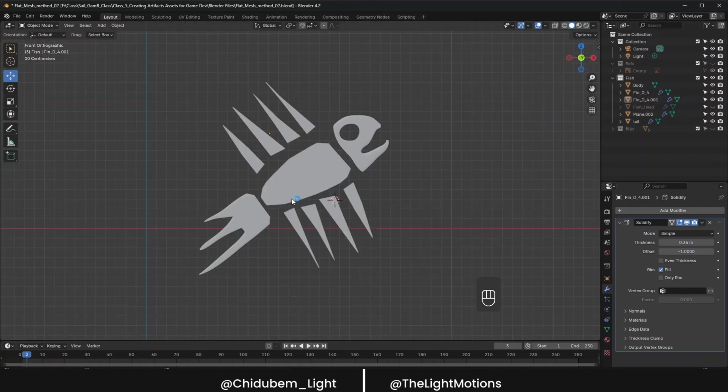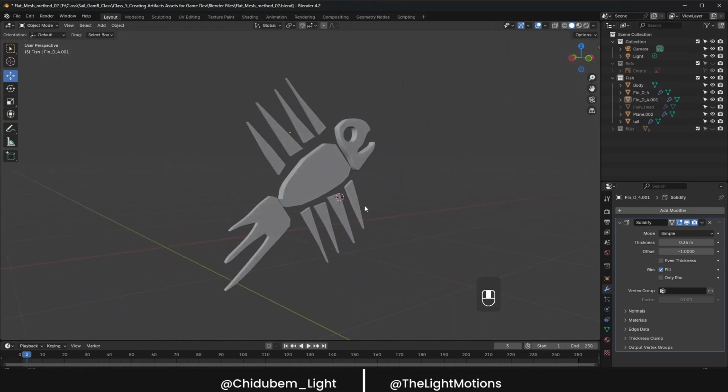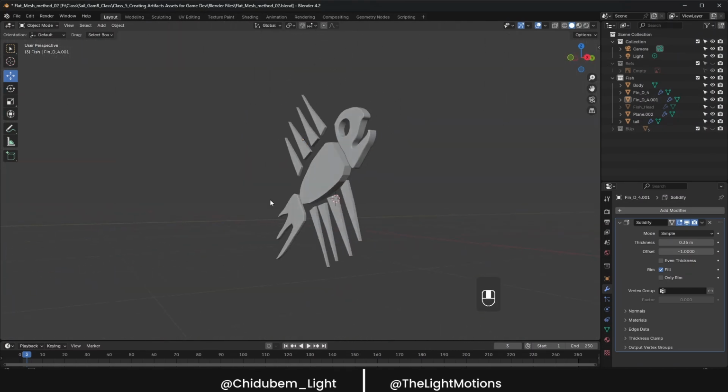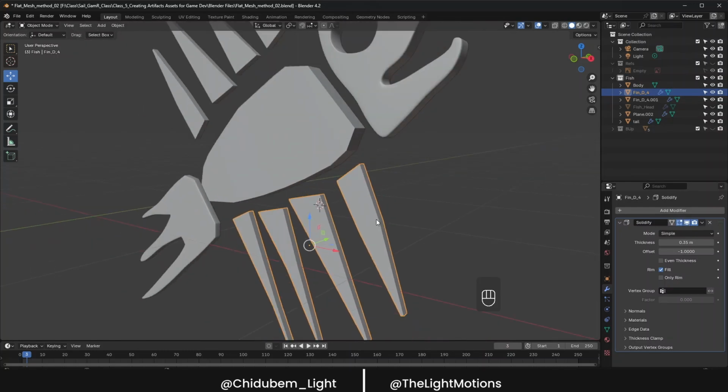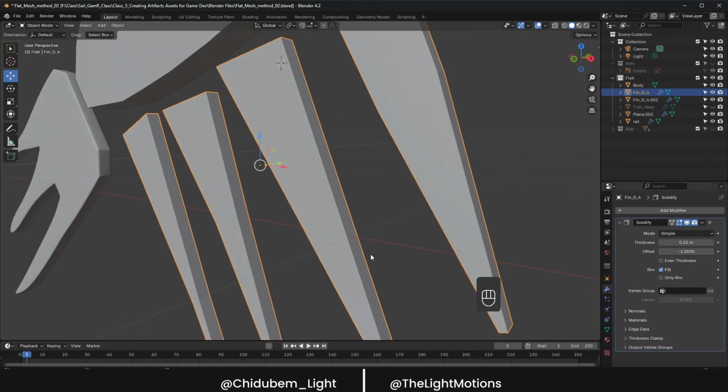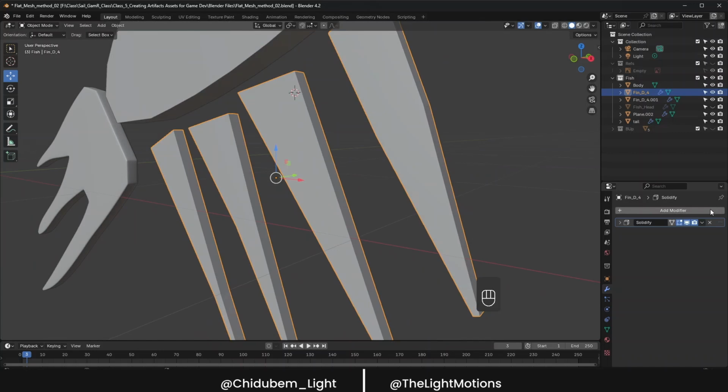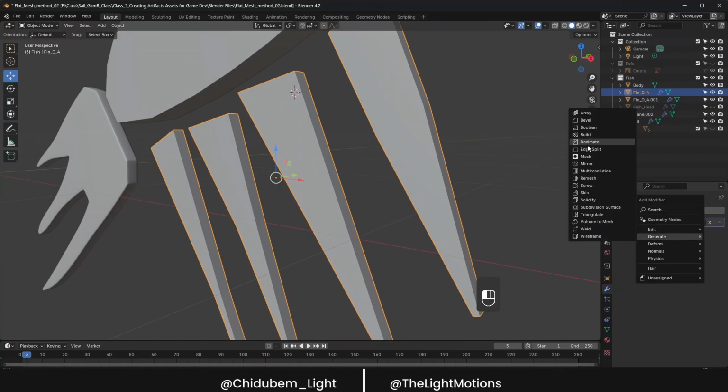This is what we have now. We can use this for scene decoration. Select the fin, reactivate the solidify modifier, add a subdivision surface,